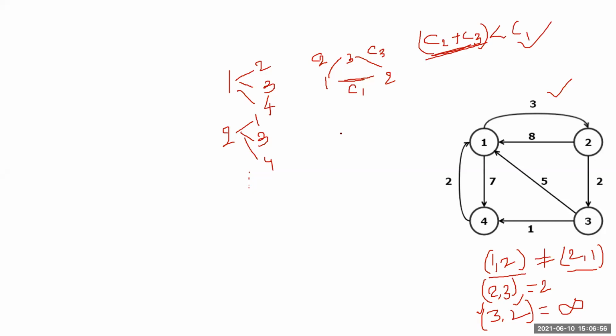If there is no direct edge between 1 and 2, then there might be an intermediate vertex through which you can reach it. Otherwise, one more intermediate vertex might be there, so you have to reach it something like this also. If you don't have any edge between these two, let me write it as a dotted line so that we can understand that there is no edge. So if a direct edge is there, it is called a cost, and if a path is there, it will be called distance. That is the general notation: distance.